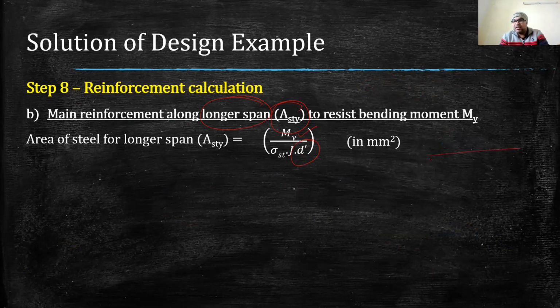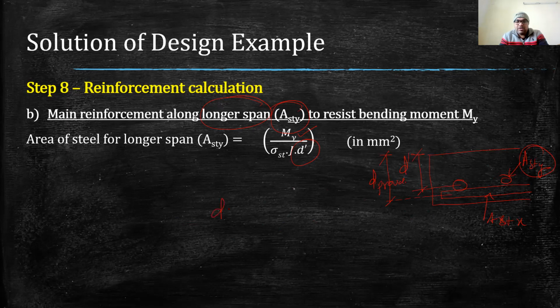Well, as I said, say for example this is our slab and this is the bottom layer of the reinforcement and this is the top layer. This bottom layer will be laid along the shorter span. So this was our AST X. Now this one will be our AST Y. For the AST Y, as it is on top of the bottom, the effective depth for this will be measured from its center. So this will be our D dash, while the D provided is measured from the center of this reinforcement. This was our D provided.